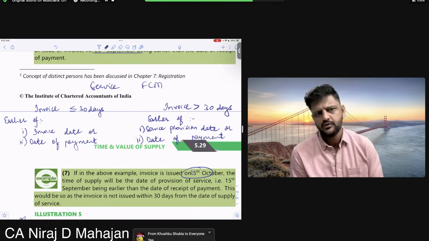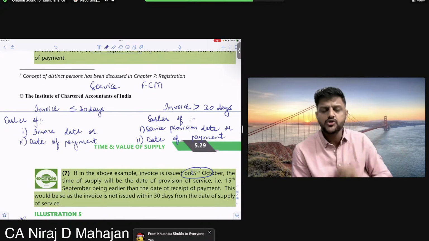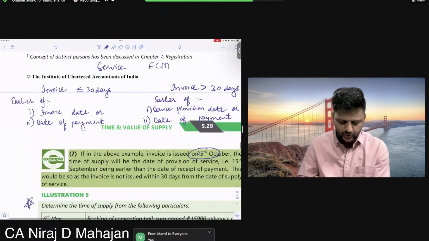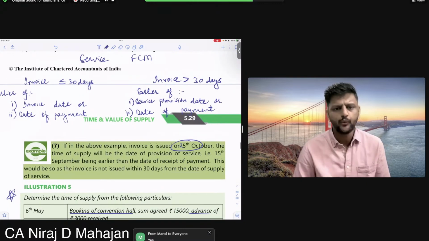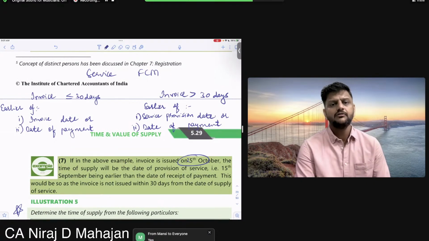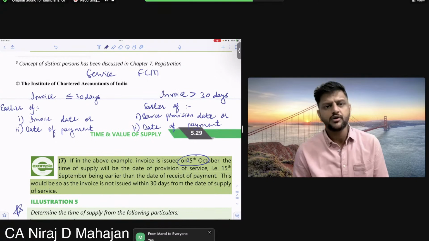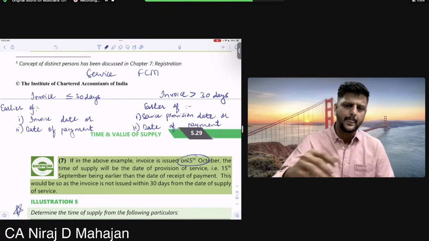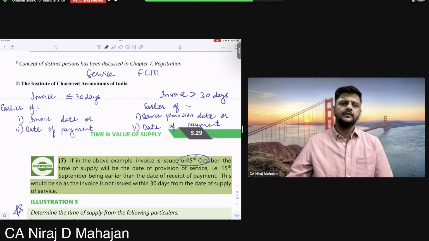Understood or no? Now we don't care whether the invoice was issued within the due date or not. So for that 3,000 amount, whichever we look into, that will be chargeable immediately. Write this down for your understanding. There are only two cases possible, no? Invoice issued within 30 days of service, or not issued.